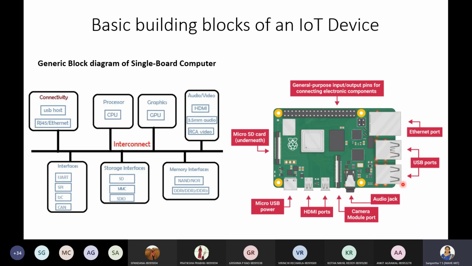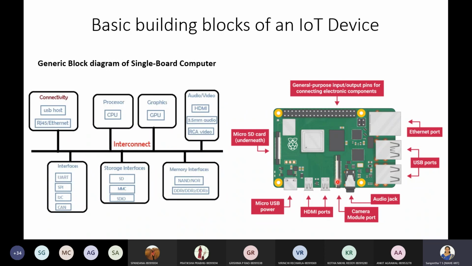And the USB port is where you can insert your keyboard or mouse or any other USB drive, so that you can give input or get output from it. Next, we have an audio jack, just for plugging audio jacks into it. And here we have a camera module.